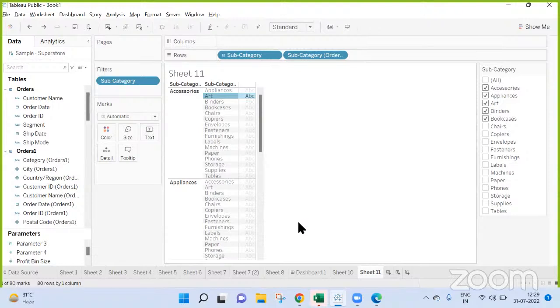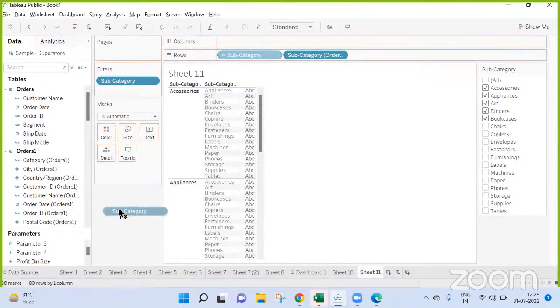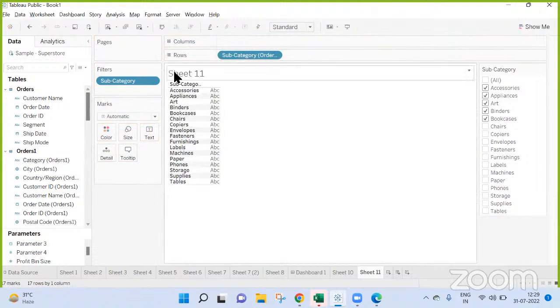Now, rather than using a filter directly like this, suppose this is accessories plus appliances, accessories plus appliances plus art and so on. This is what you have, right?